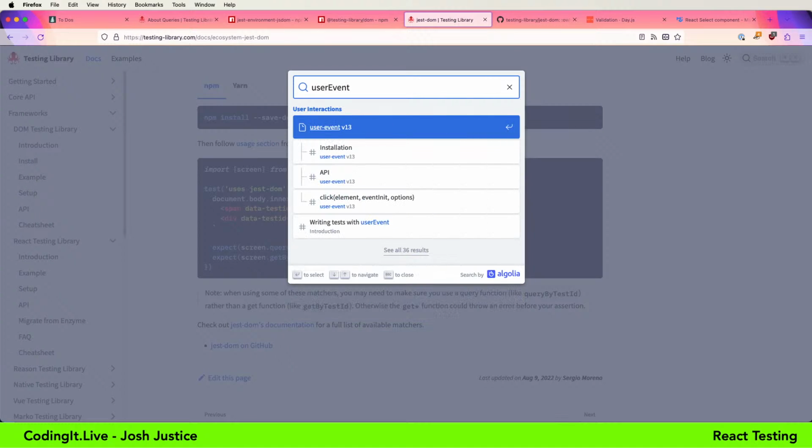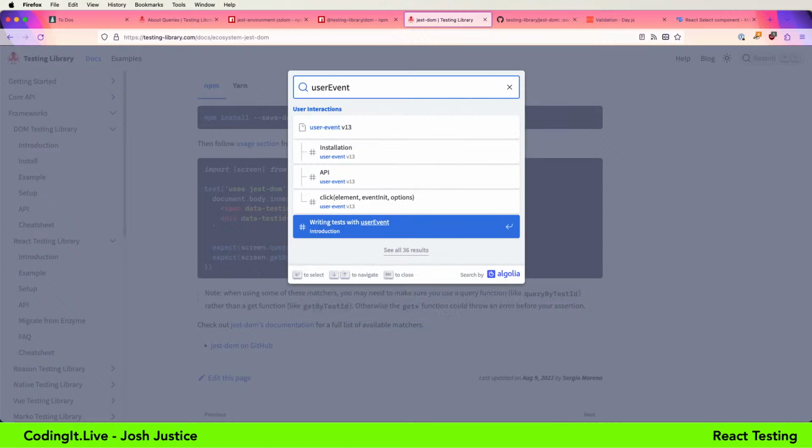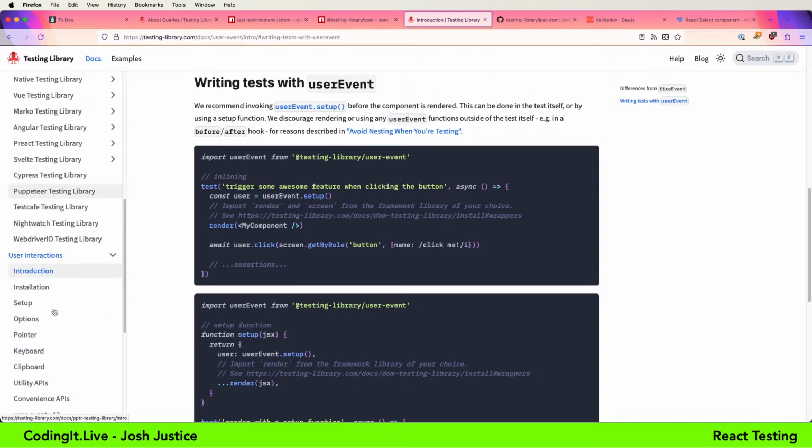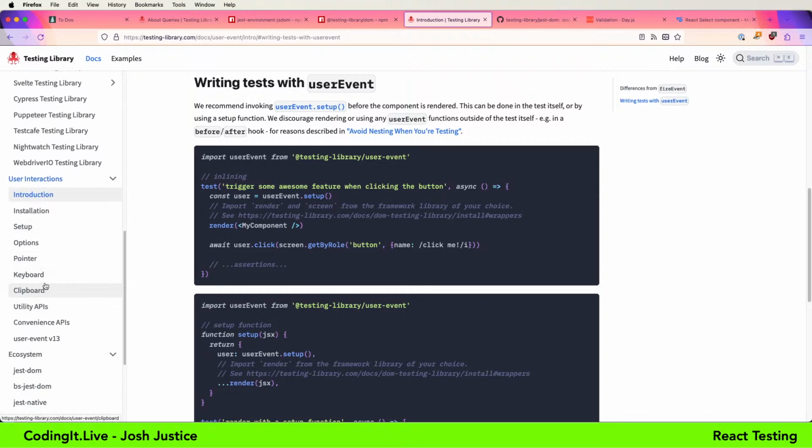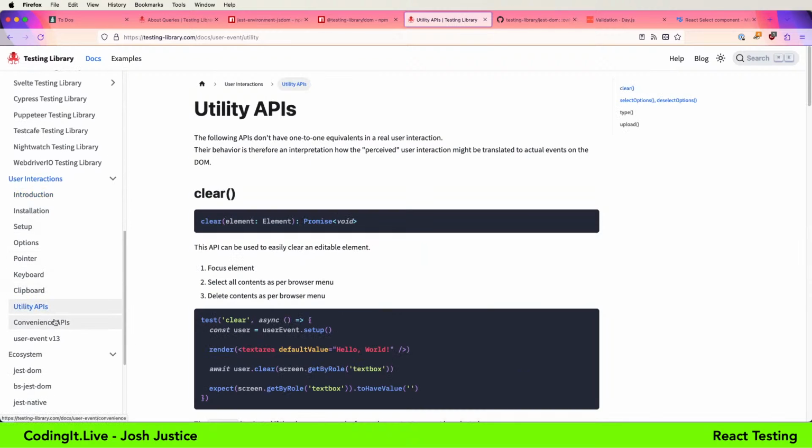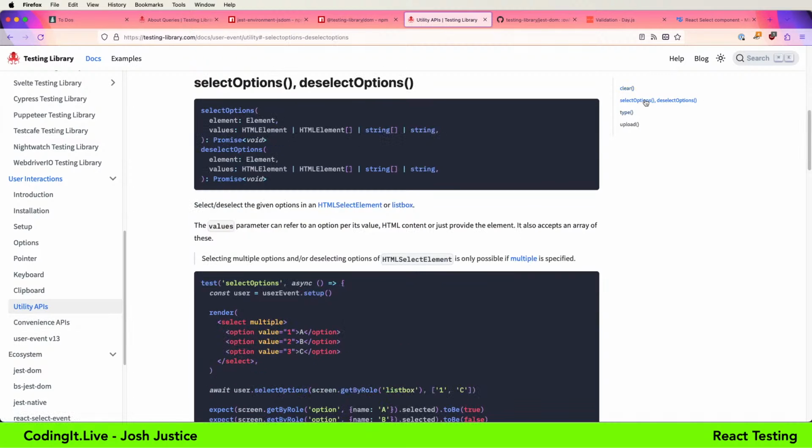User event. Is it a utility API or is it a convenience API? selectOptions. Yeah. So selectOptions is a user event method that you call to select an option from a list.